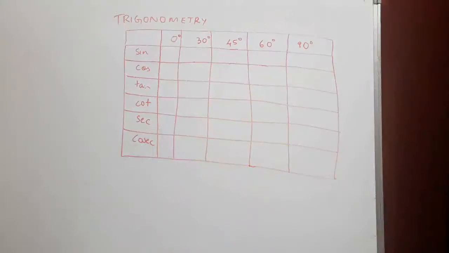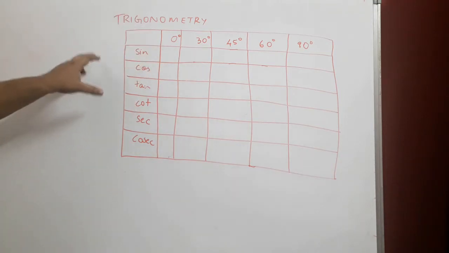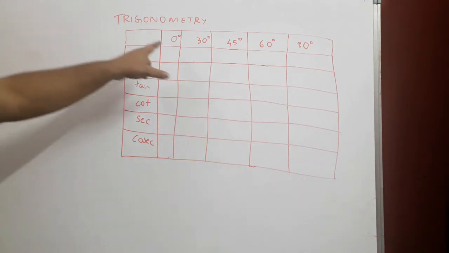Hello students, so far we have learned about the different trigonometric ratios and their relationship with each other. Now we come to an important part in trigonometry, that is knowing a table of trigonometry, knowing what is sine of different angles. We have to learn in our class 10 about 6 different angles, that is 0 degrees, 30